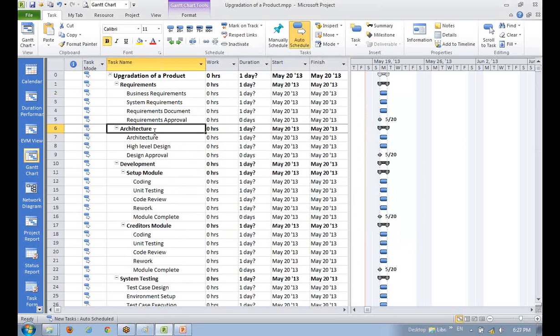We have done our rework and converted all these tasks into effort driven tasks. So now if I change the work, the duration is going to change, not the effort. If I change the resources, I will talk about that a little later, maybe tomorrow. Okay, somebody will help me in putting the efforts here.